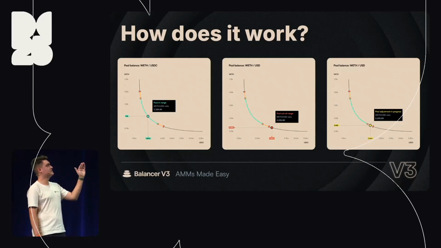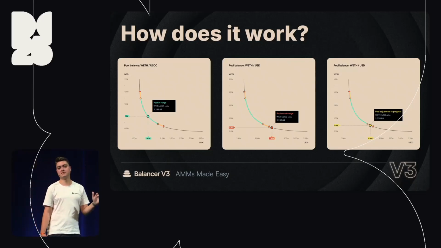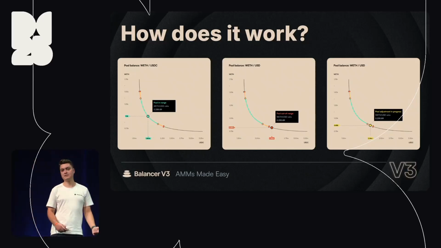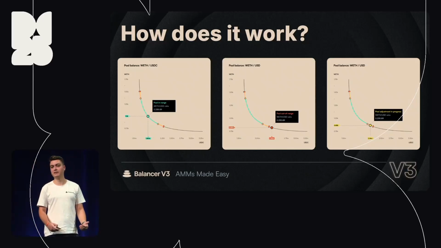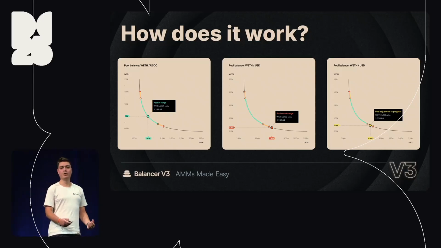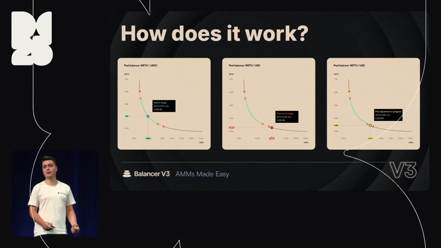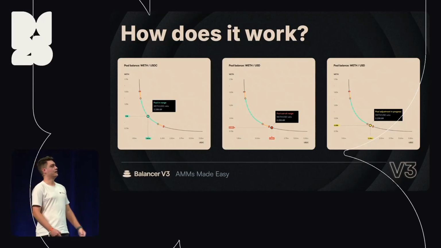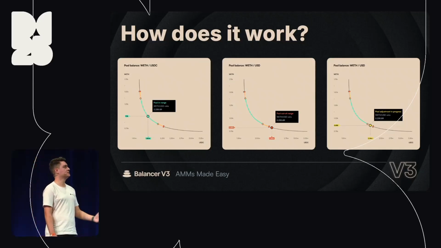And then once that happens, the pool starts shifting what we call virtual balances in order to adjust its price, or the price it's willing to buy or sell assets at. Then the market will do the work, because there'll be an arbitrage opportunity for the MEV bots, or for the arbitrageurs generally, to bring the pool back to the market price. And that's what is happening on the latest image. So the pool is under adjustment.